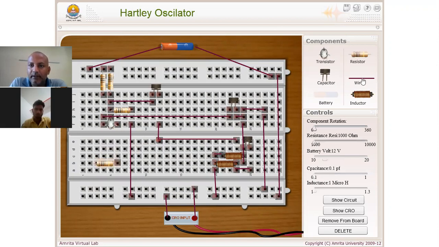First I made a connection here, and ground it.